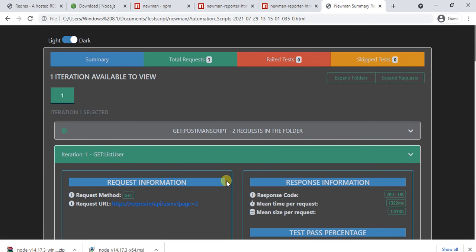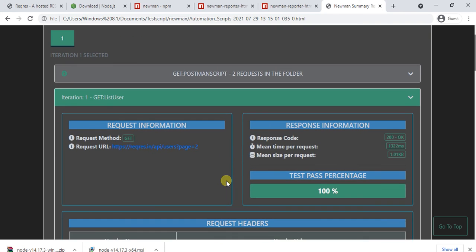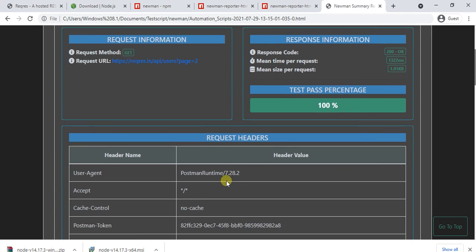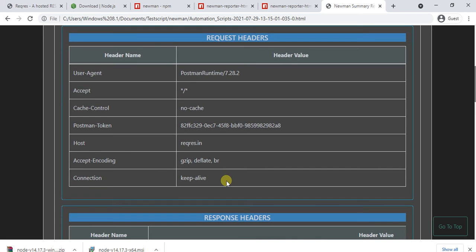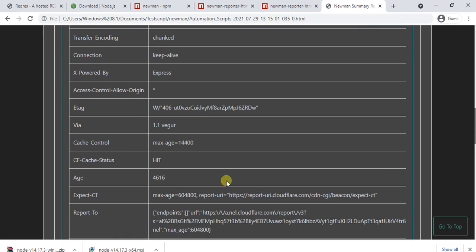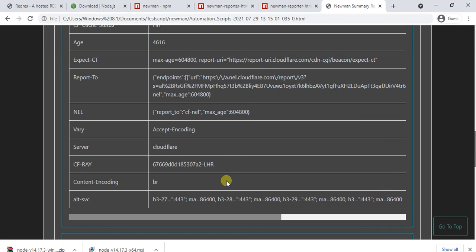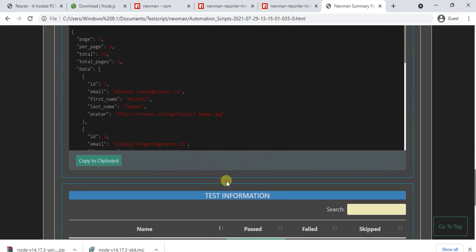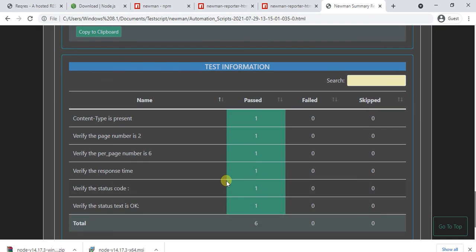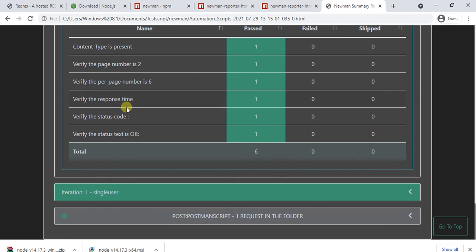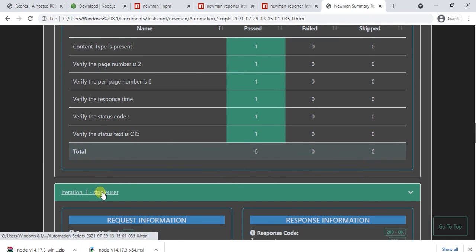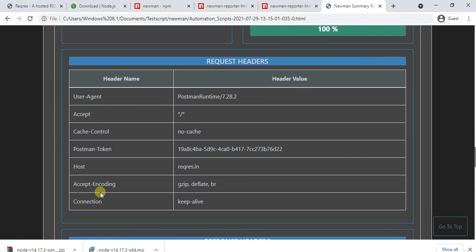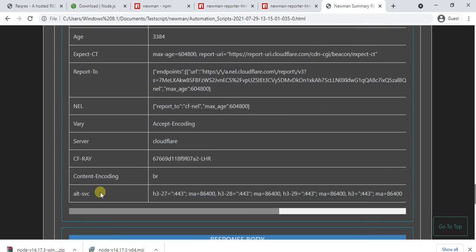If I click on the first option, it will show request information, response information, test pass percentage, request header and response header. So all the details will be available in this HTML extra report. Here I have the response body and test information. If I go to the second API request, it will show all the information listed over here.